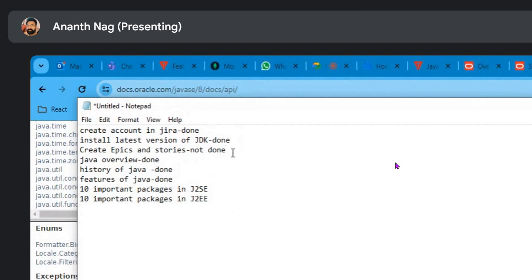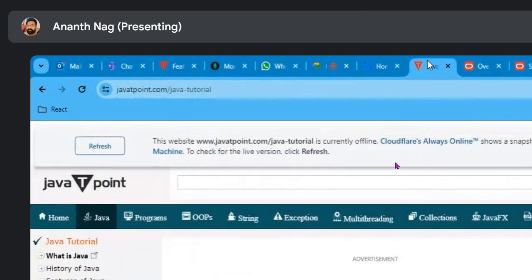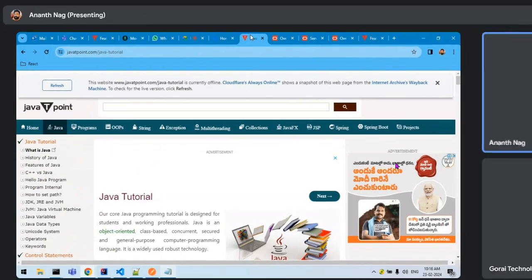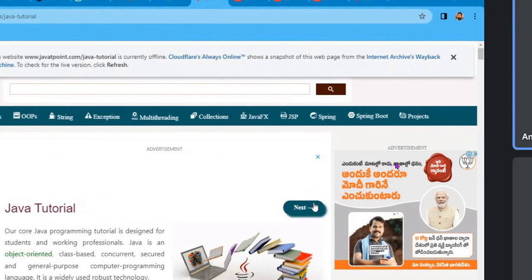Go to the tutorial. And also, you will be sharing me a video to do this, to create epics and stories, right, sir? And you have to create all the epics and stories so that you will have a concept around the complete book. Okay, sir. This is the tutorial. Yeah, that's all for today.